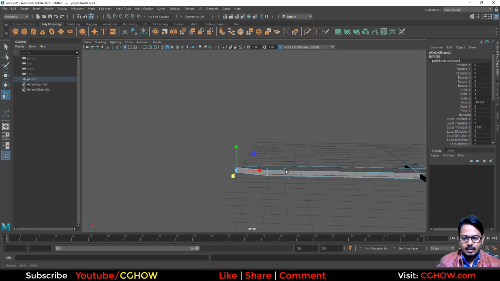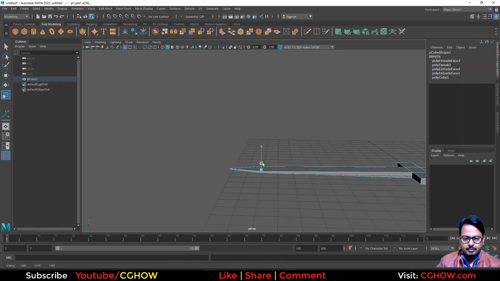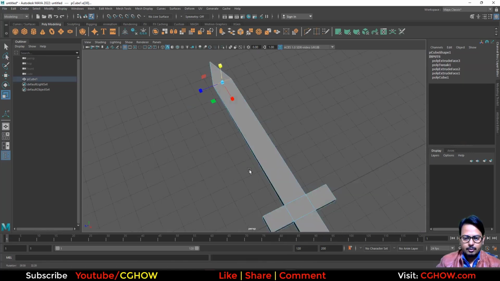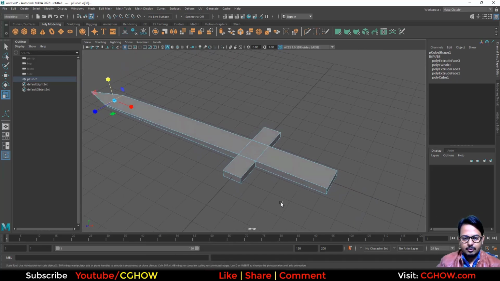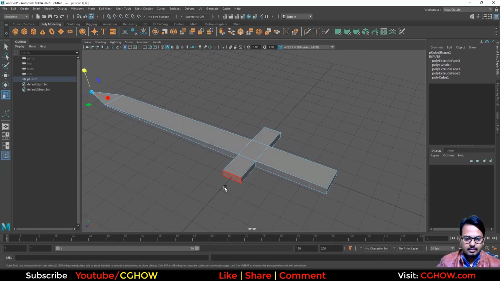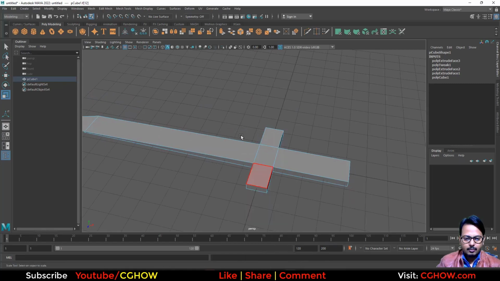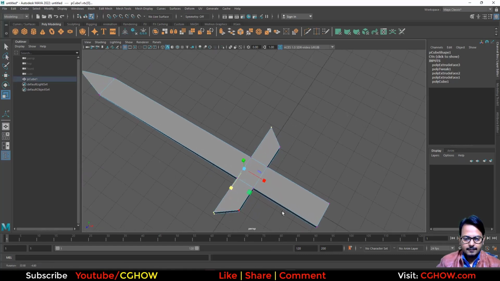Okay, and also like this, and also I will scale this one a little bit, but not much. Because this is going to be a very simple sword. Let's, okay, let's take the vertexes and maybe, okay, cool,